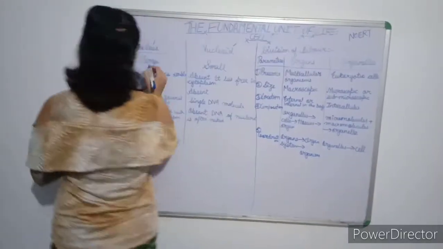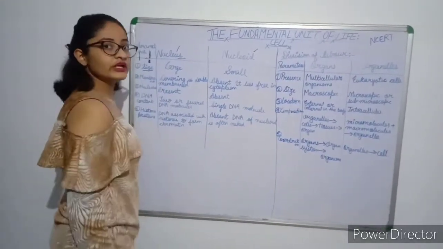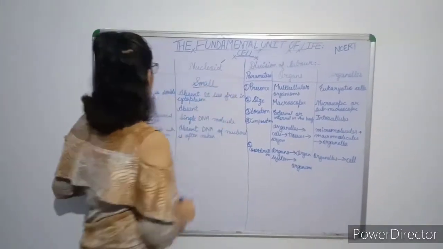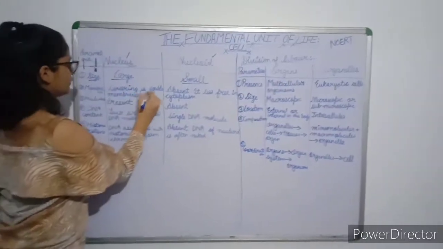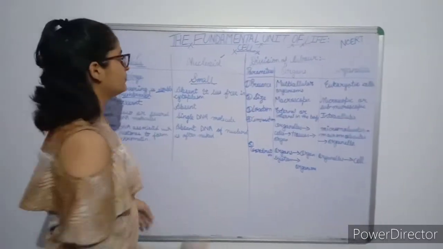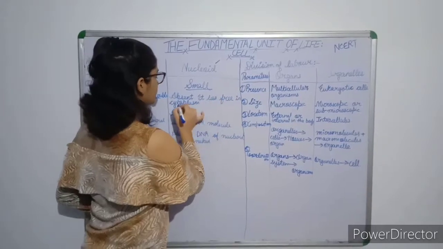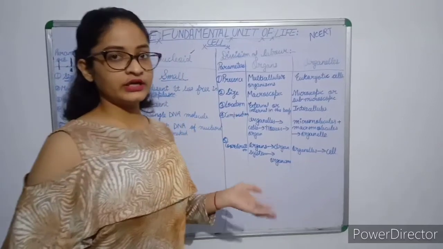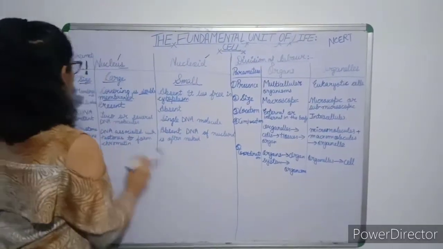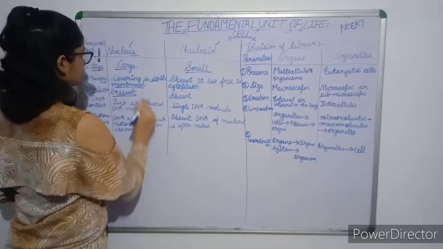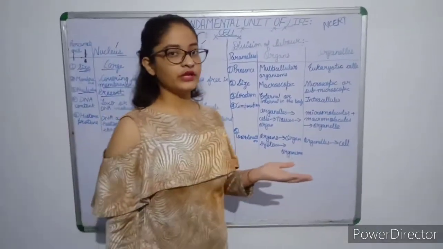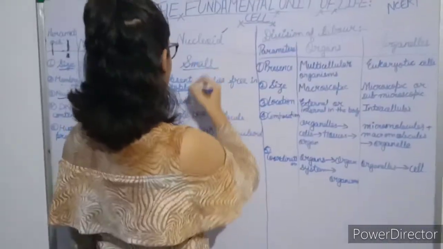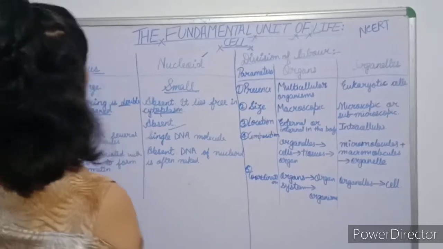So here we are in nucleus. The size of the nucleus is large, which means it is macroscopic, and nucleoid is small. The membrane is double bounded, meaning it is a double membrane. Nucleoid is found free in the cytoplasm. It means whatever genetic material it contains lies free in the cytoplasm. Also, nucleolus is present. Nucleolus is what? It is the brain of the cell. It is present in eukaryotic organisms and is absent in prokaryotic organisms.